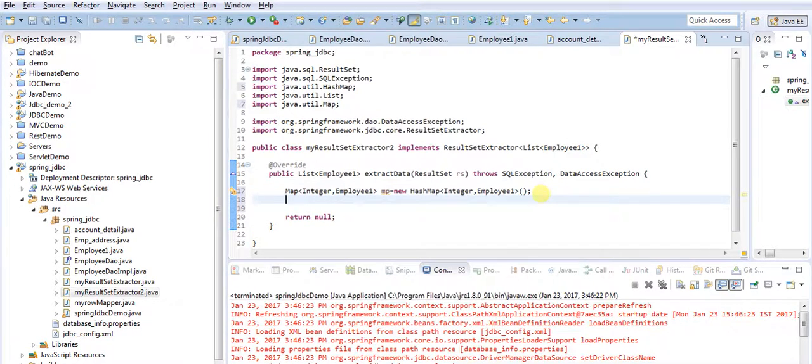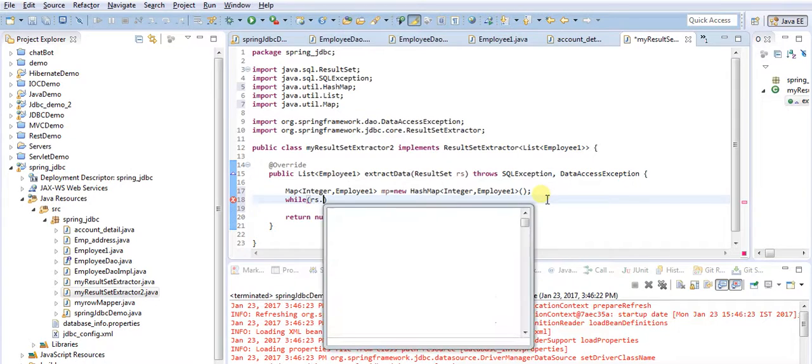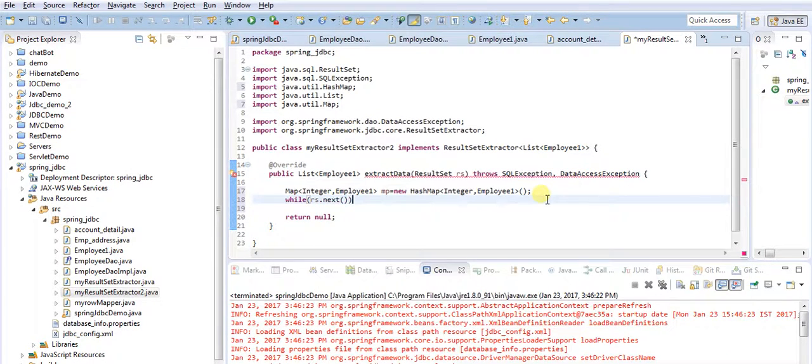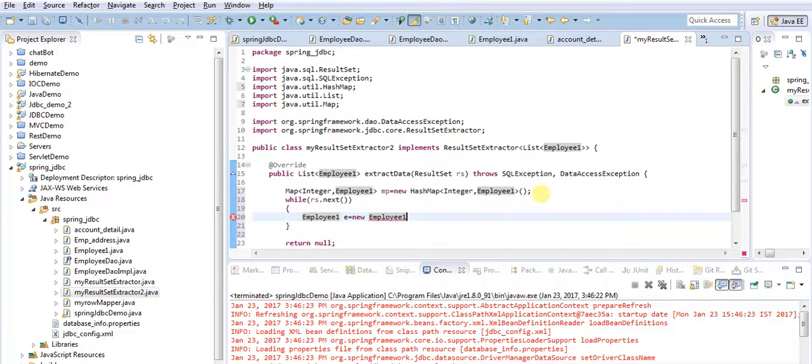Now I'll write the logic for extracting the values. So while rs.next, this loop will continue as long as rs has some value. Here I have to create an Employee1 class object: Employee1 e equals new Employee1. And I need to set the values in this employee from